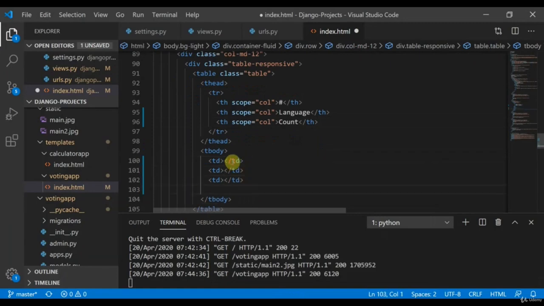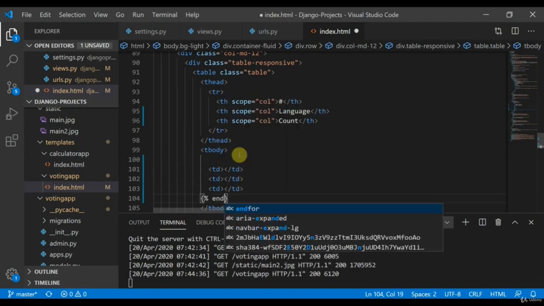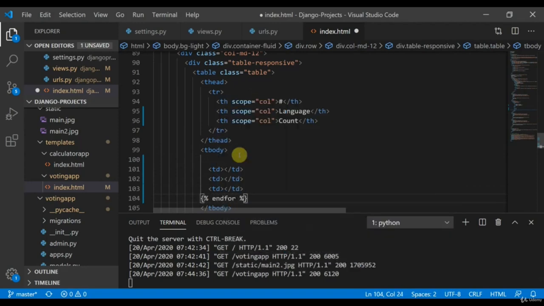So this corresponds to the first number, then language, then this is going to be the progress bar. Okay, so for this we have to add all this dynamically. So I'm going to add a for loop here.